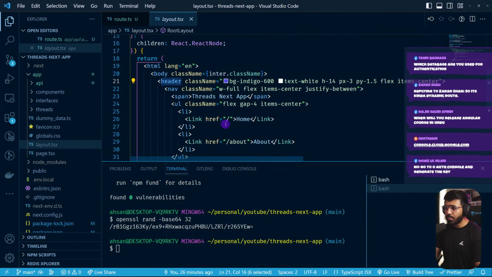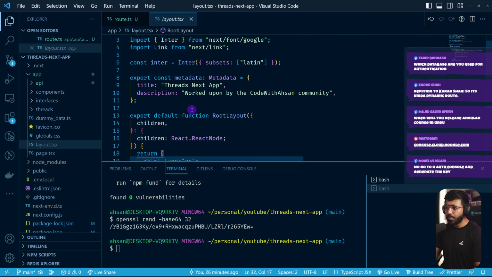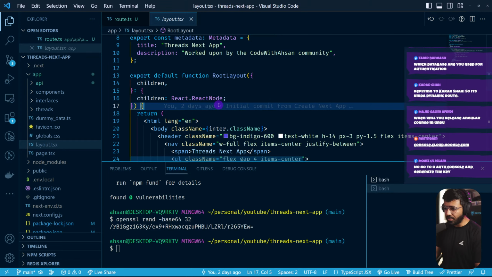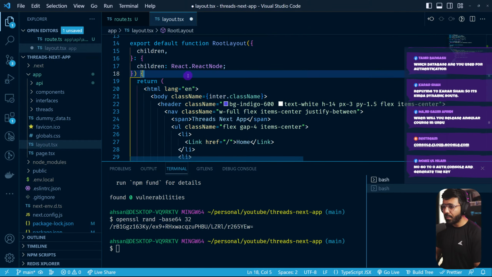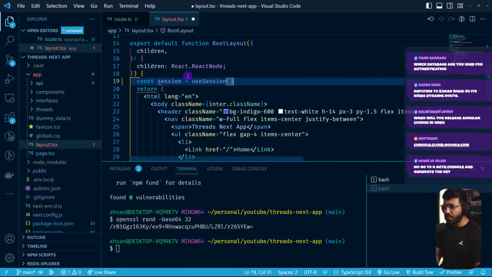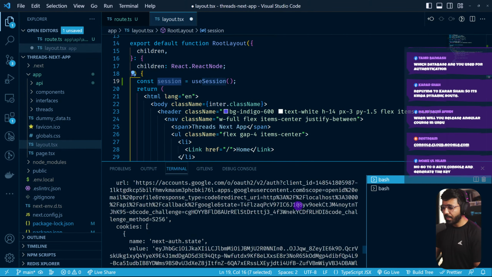How about we just create an image right here from the session? For that, we would have to have the useSession. But the problem is if I try to make this, let me actually show you. If I go ahead and import useSession from next-auth/react, and then if I go here and say const session equals useSession, then the problem with this one is that my server is going to crash,